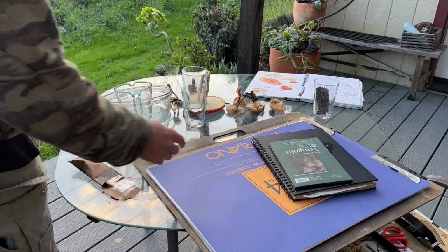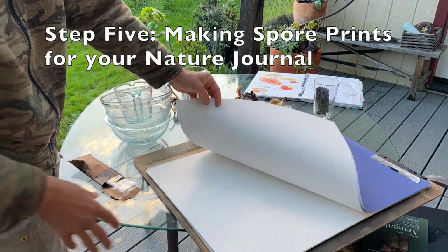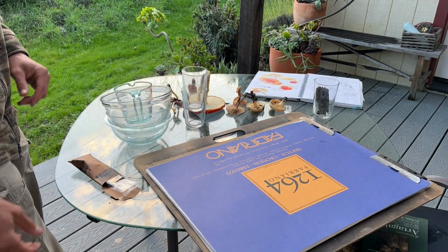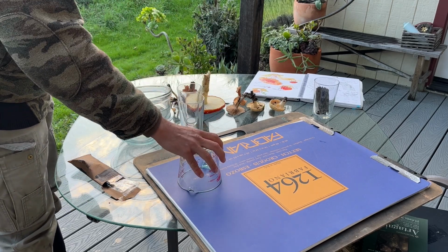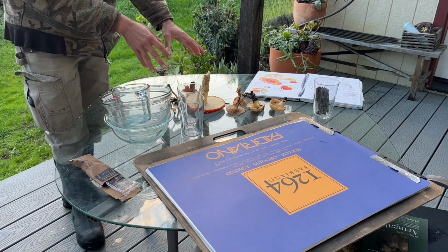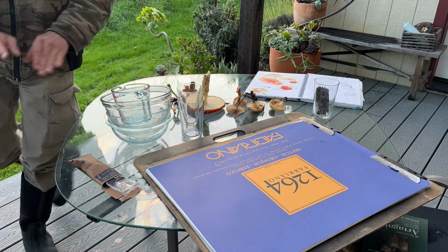Right now we're going to do the spore prints, and one thing that you're going to need is some different types of paper. I think something cheap and big is one good option. You're going to need some type of cups or other vessel that you can put over the mushroom cap. I like clear ones. You're going to need a couple freshly picked mushrooms. Get your nature journal. You could potentially do this right in your nature journal, but I'm going to work with